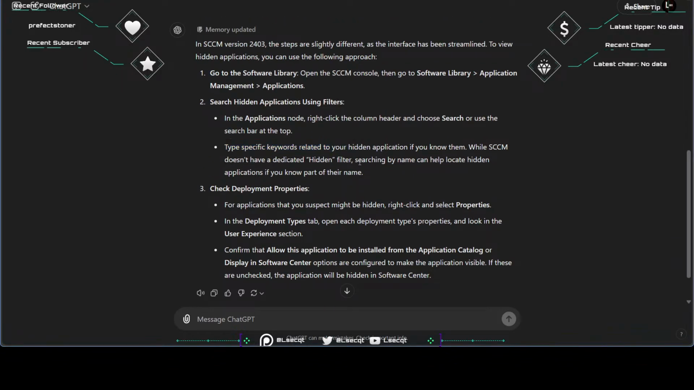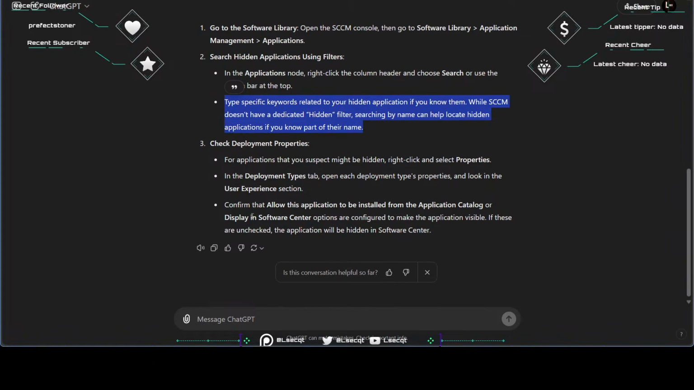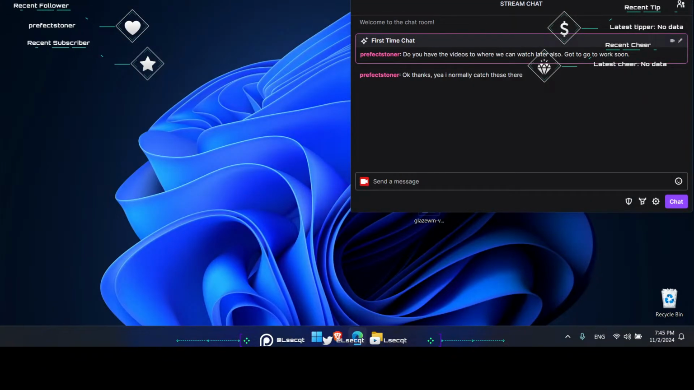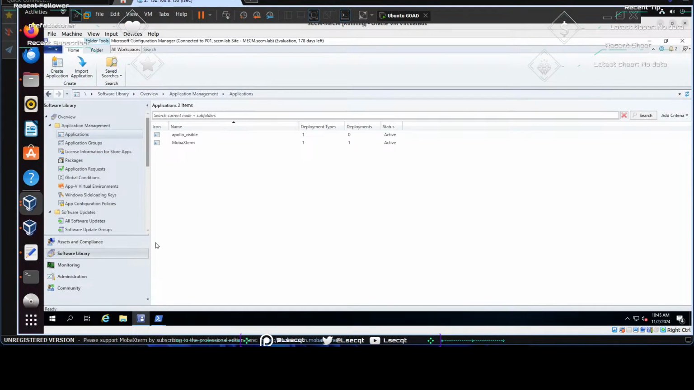Oh, that's nice, because if this version of SCCM is present, the hidden applications are not so easily visible. That's nice. For us, of course. That's so OP. That thing is also valid. Let's try that. So let's go to the